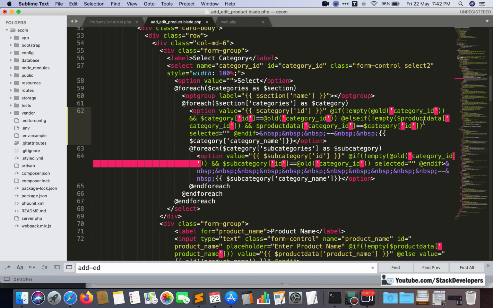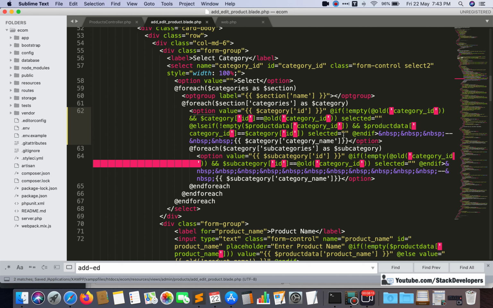Okay, so this one selected is fine, but this selector we also require here as well. Okay, like this, else if, then okay, fine, selected, now it seems to be fine.